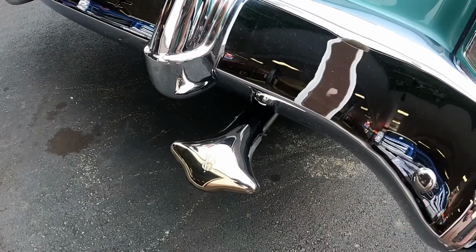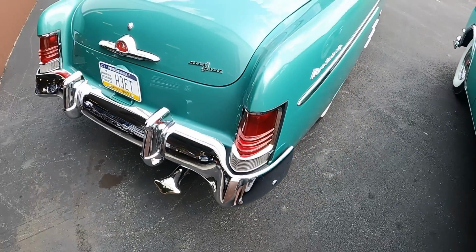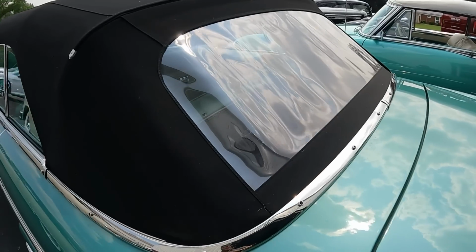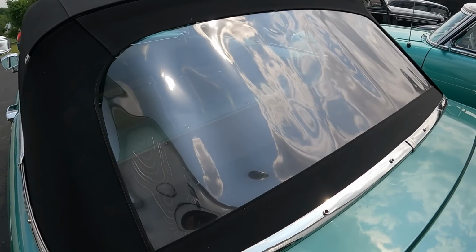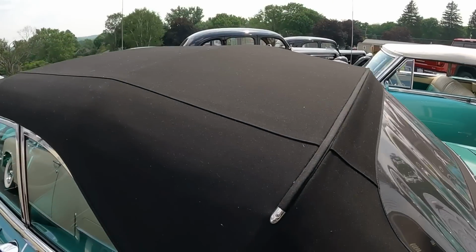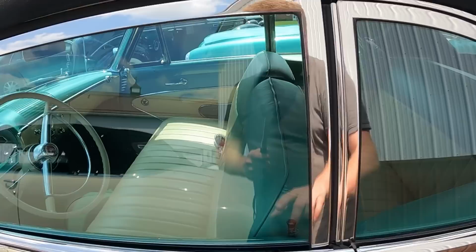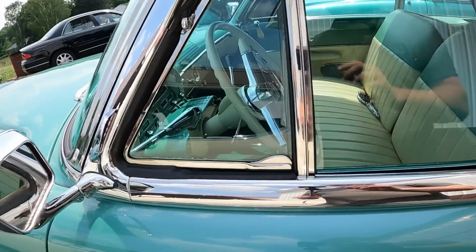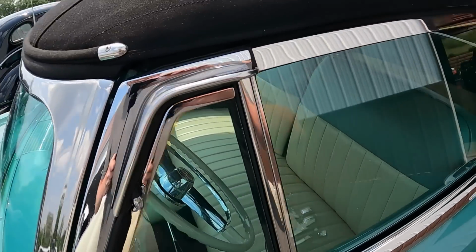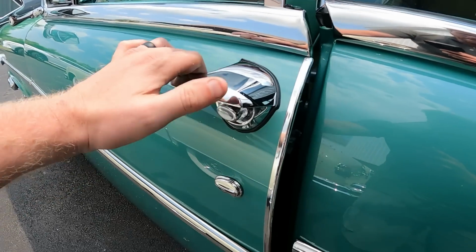That's a nice tailpipe. The rear window back here is a plexiglass or plastic rear window. Just look at this convertible top and all of the stainless trim around the windows. Coming up and getting inside,